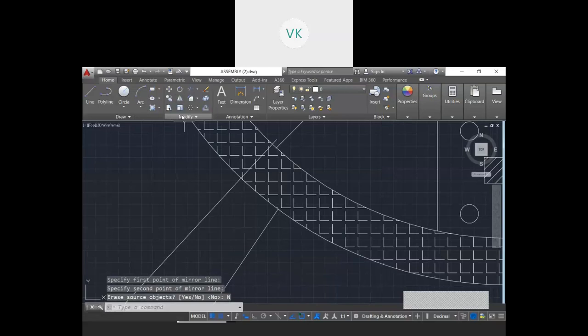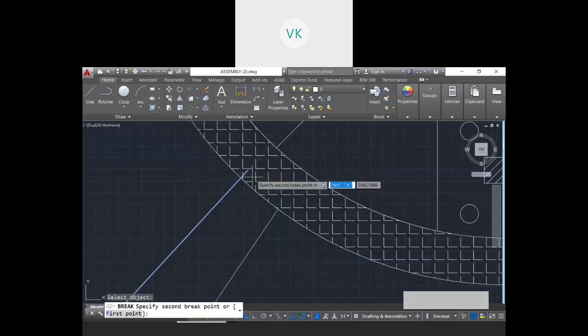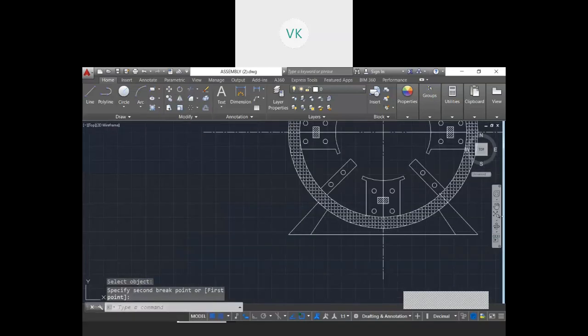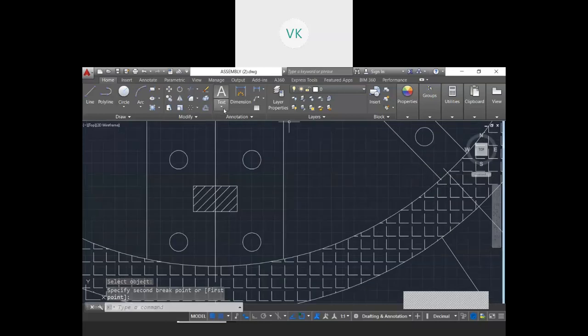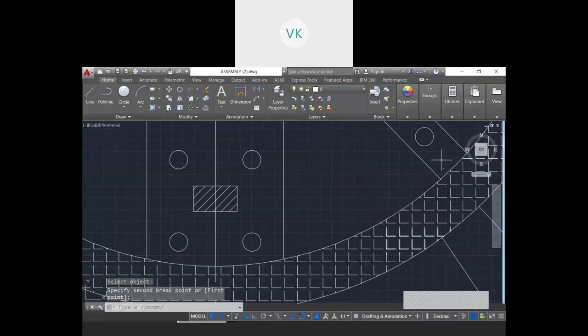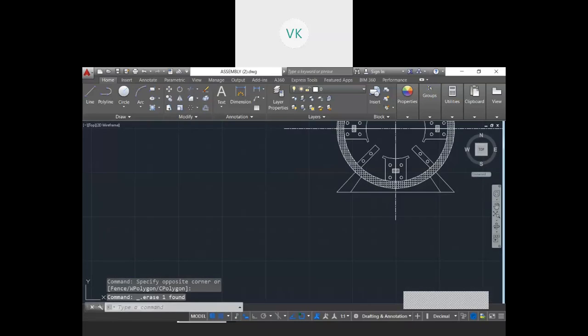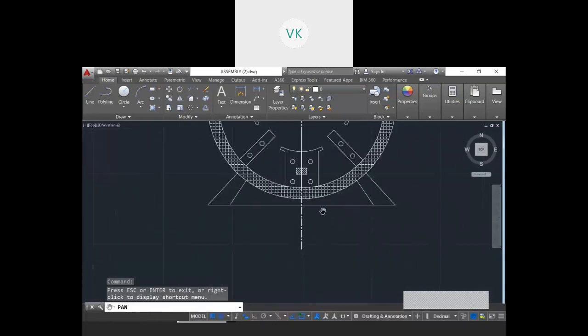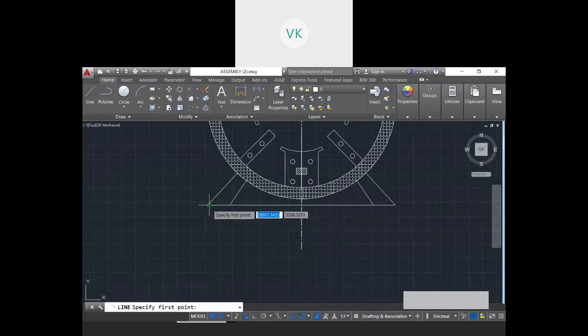So the extension line I will remove it. I will use break once again. I will remove this part. And I will take a little bit of one more height from here.